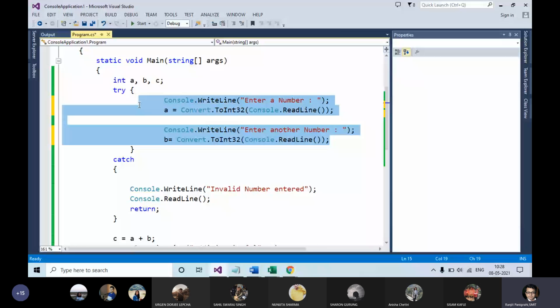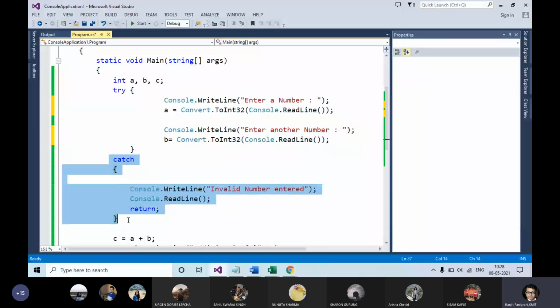In case any error happens over there, an error object is created, and that error object is thrown to the catch block. Within the catch block, you have to display an appropriate message stating, yes, my program has some errors. So what benefit will you get out of it? Instead of your program hanging, the user is able to get an error message.